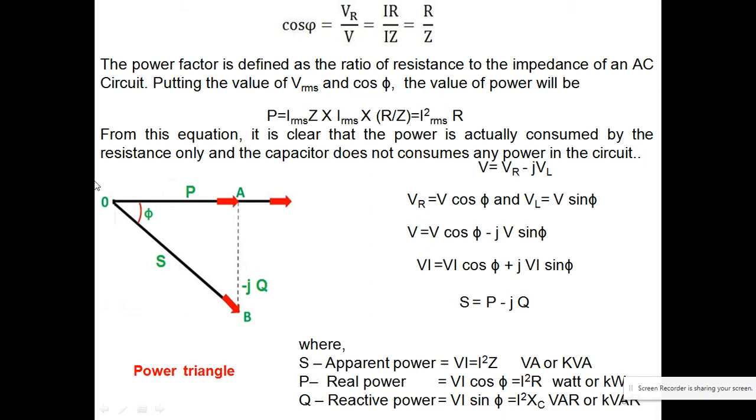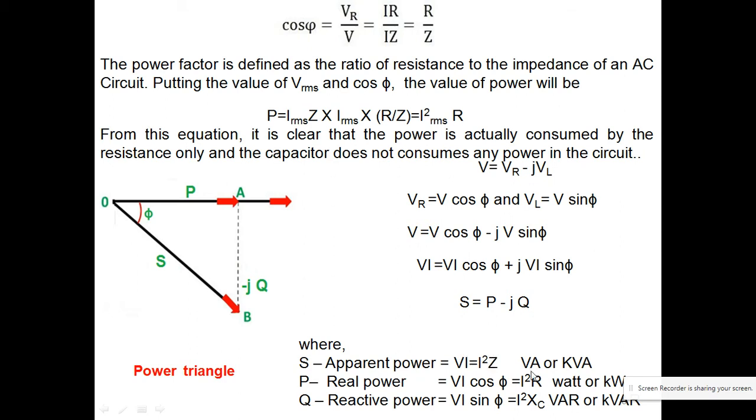Here I can also draw the power triangle, and from that triangle you can calculate the apparent power, real power, and reactive power, because this is our total voltage. When I write the components of voltage, the resultant voltage is nothing but the VRS value. So if I put these components here, this one is my real power, this is my apparent power, and this one is my reactive power. These power values are given by this, and this is the resultant impedance.